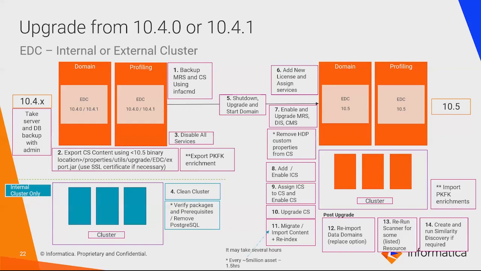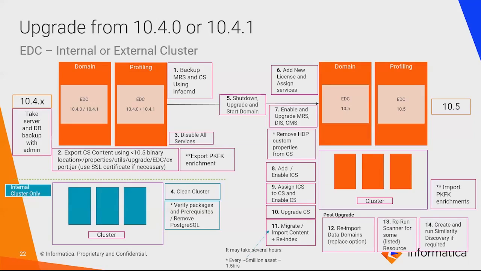Whereas the forced backup in the fourth step, which is the catalog service backup, will just be used for rollback purposes. You will then proceed with disabling all of your services, and in case of an internal cluster, you will do a cleanup of a cluster service and remove Postgres in order to reuse those nodes as Informatica cluster nodes in 10.5. So you will then proceed with shutting down your Informatica domain and then start the upgrade process in